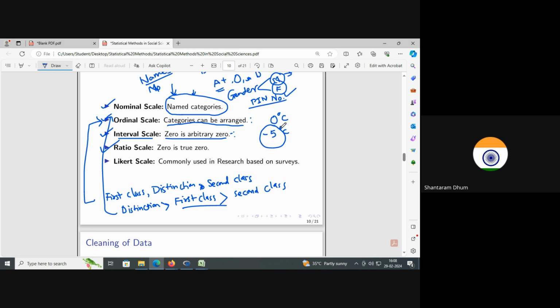So obviously 0 is not a true zero. That 0 is arbitrary 0. So basically when your data is starting from some negative numbers, and 0 is at the middle of that sequence, in that case that 0 point is not a true 0. It is arbitrary 0. So yeah, one example of this interval scale is